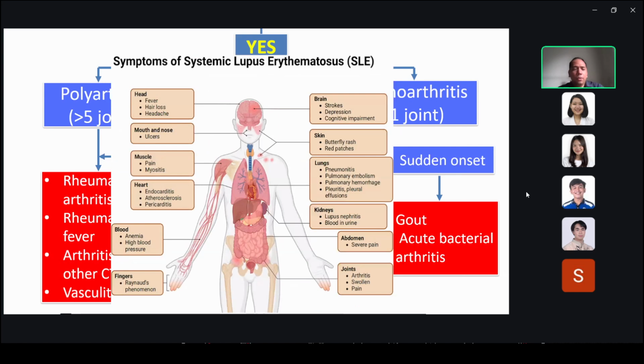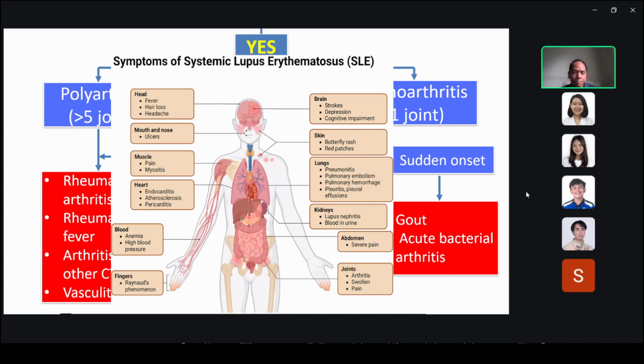And of course, our prototypical autoimmune condition, systemic lupus erythematosus, patients still complaining of joint pains with multi-organ involvement. So they have hair loss, headache, oral ulcers, muscle pain, cardiac involvement, anemia, thrombocytopenia, then fingers having Raynaud phenomenon, and then the butterfly rash, the lungs with pleural effusion, then hematuria, severe pain, and arthritis. So these symptoms can be present in just one set,